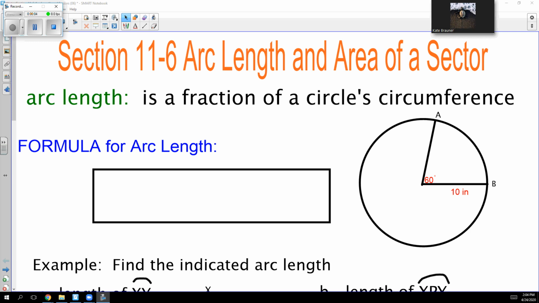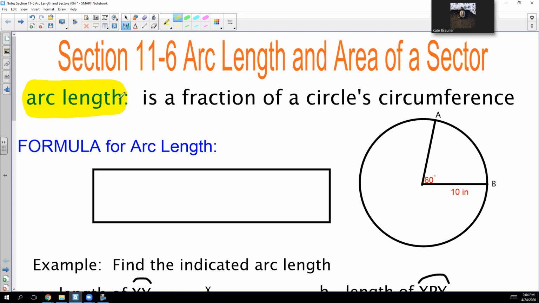Hi guys, today we're going to talk about how to find the arc length of a circle and the area of a sector. So the arc length of a circle is a fraction of the circle's circumference. It's kind of hard to understand exactly what that means, but imagine if you wrapped a piece of string around a can, and you just wanted to know what 1/4 of that measurement was,